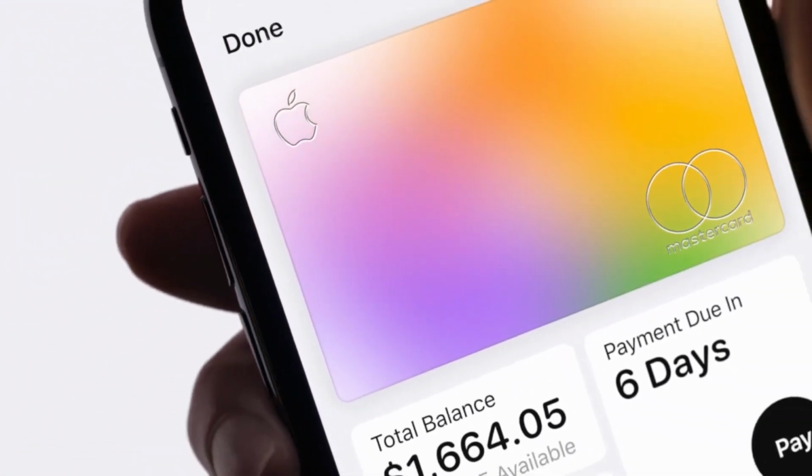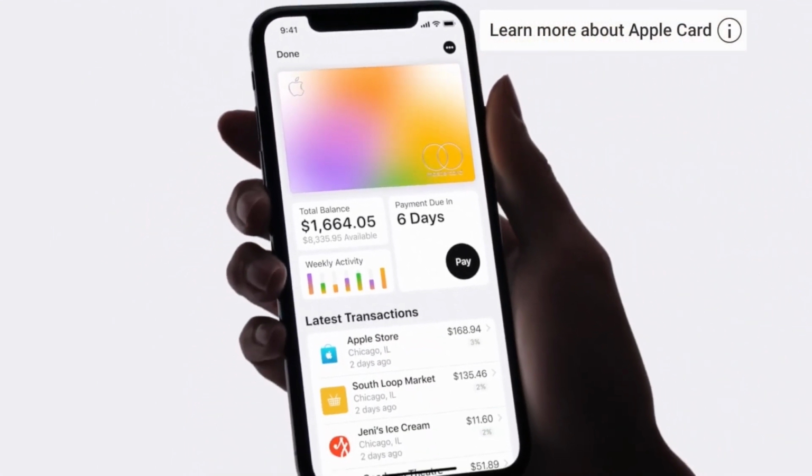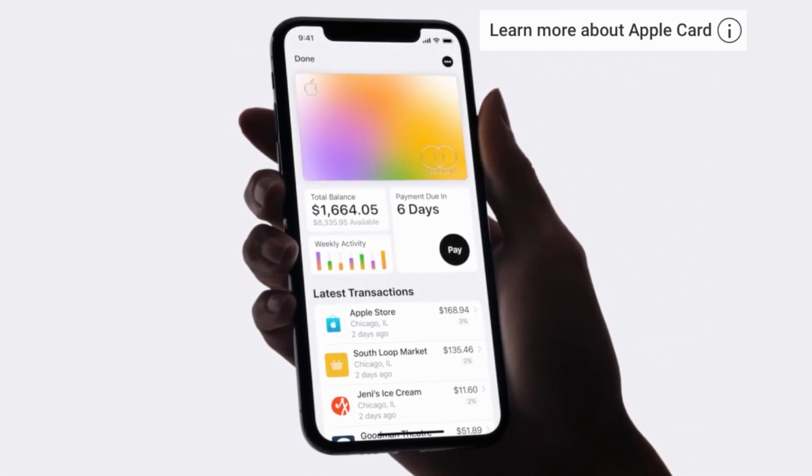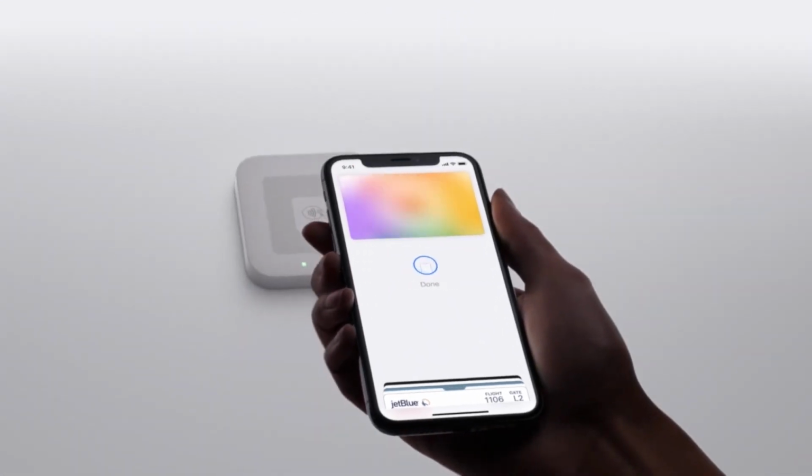This is Apple Card, a credit card created by Apple, not a bank. So it's simple, transparent, and private. And it's the only credit card designed to take advantage of the power of iPhone. It works with Apple Pay, so buying something is as easy as...